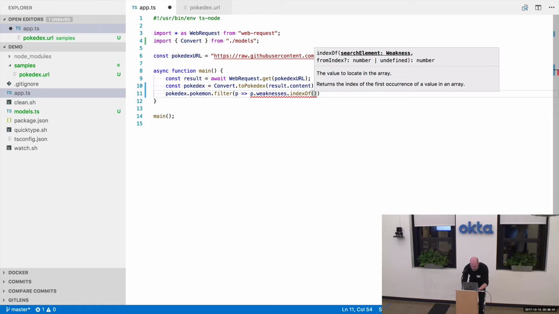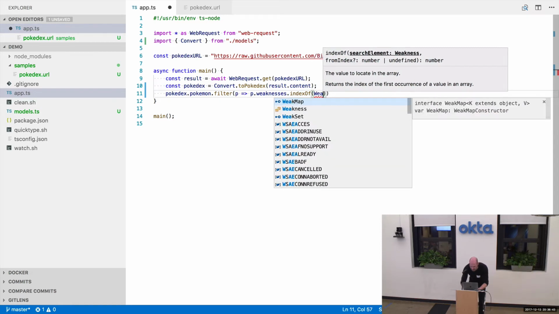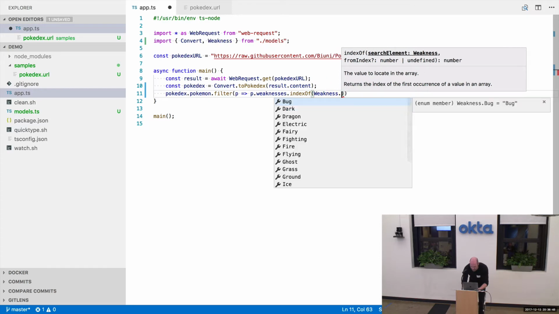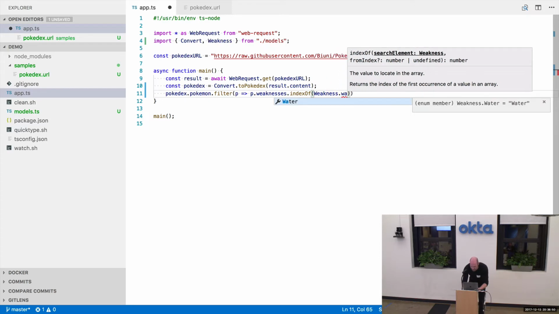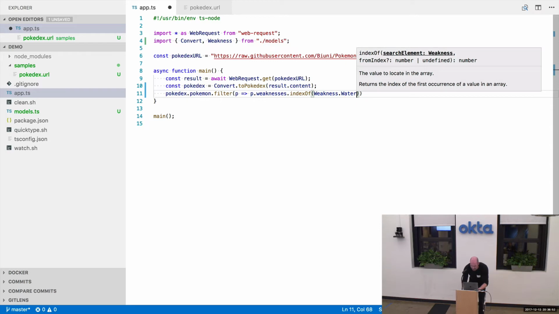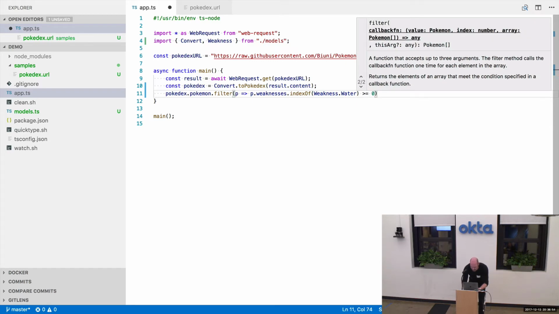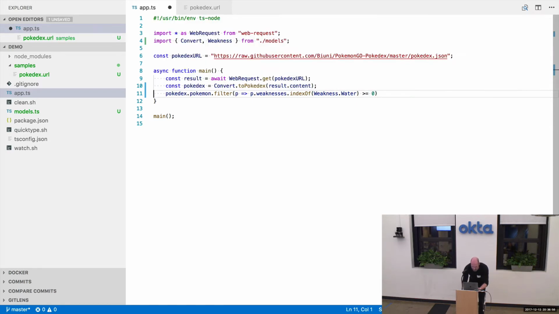As you can see, the search element that it takes is a weakness. And maybe you can remember that weakness was an enum. So I get this really nice code completion here. And this should be larger or equals 0. So if that is in there, then I'm going to keep the Pokemon. And I'm going to loop over Pokemon of this